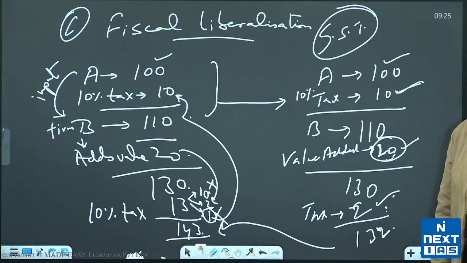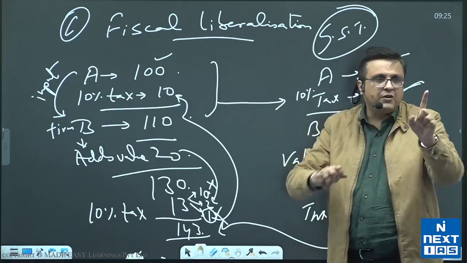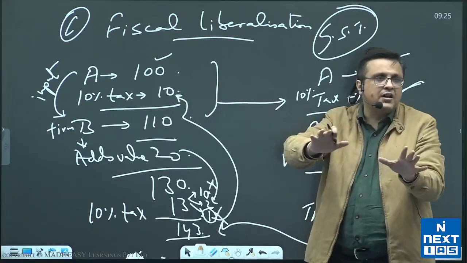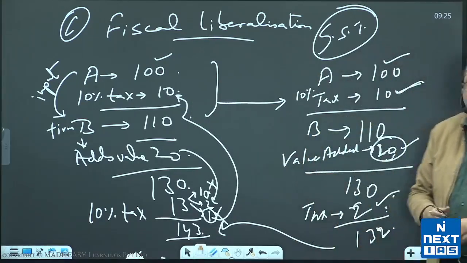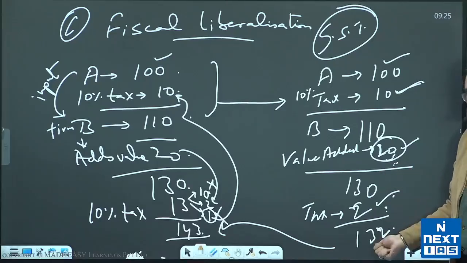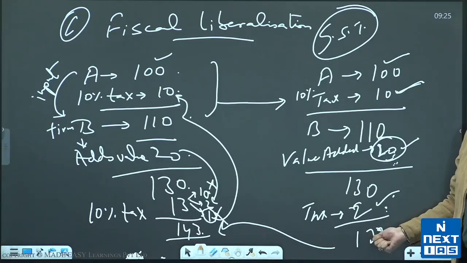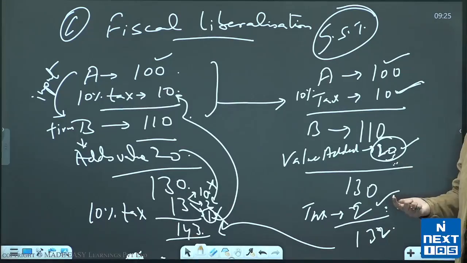₹11 कम कैसे हुए? 10 rupees tax on this 100 is not again levied, and 1 rupee tax on this 10 is not again levied. So 11 rupees tax burden can be reduced, and total value will be 110 rupees my price of input, 20 rupees my value addition, plus 2 rupees tax on my value addition, total value to the consumer 132. Do I believe you are clear on this? This is the basic idea of any value added taxation.